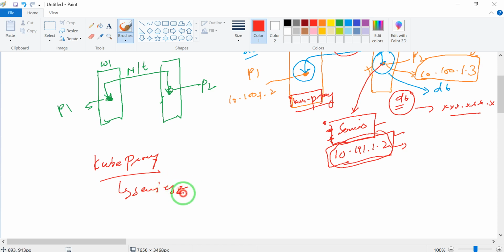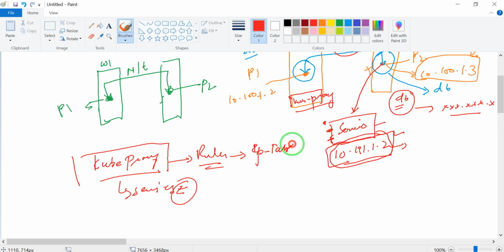it will take care of that and create a rule in your node with the help of iptables or something else, but mostly they use iptables internally, to see how we can reach this service on the particular port.